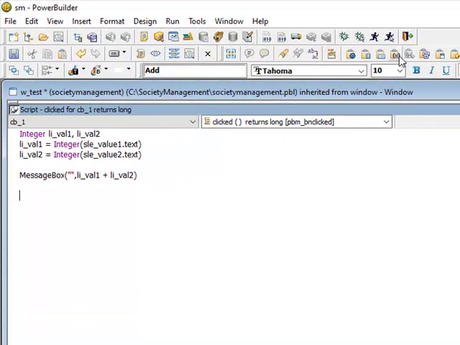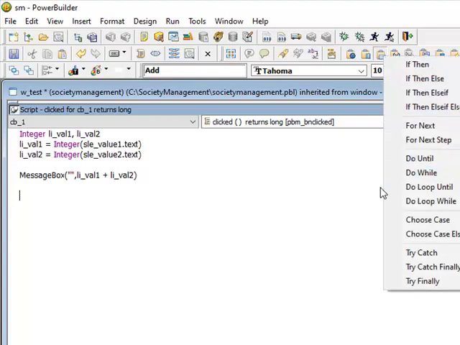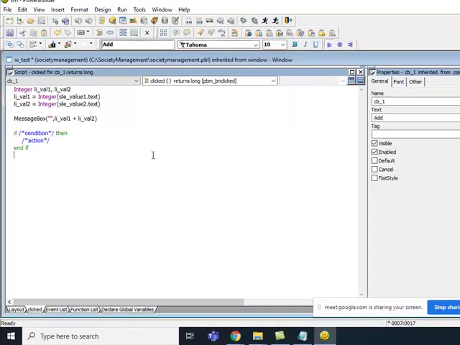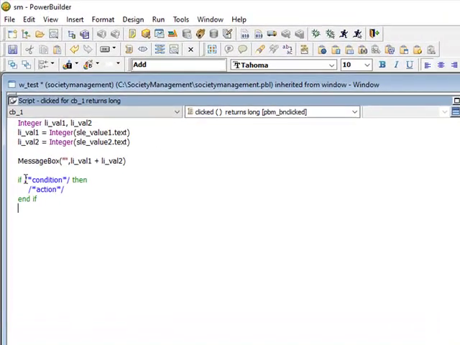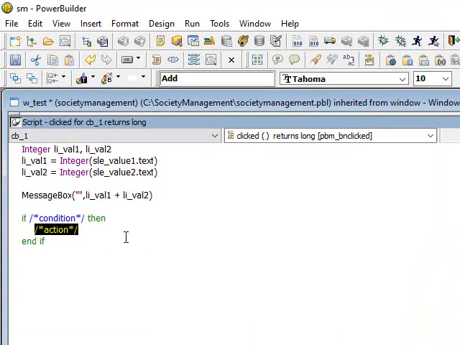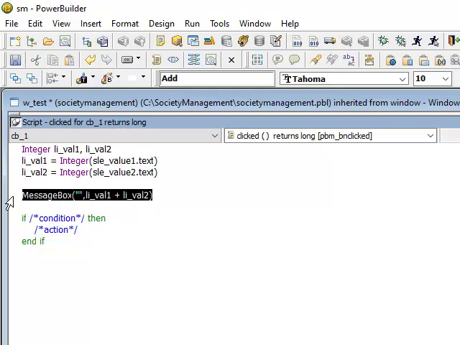You can take the scripts from here as well. If you don't remember, paste the statement. Okay, if then. So you can see the condition and action. Suppose these are the marks, 50 marks, right? Or the sum of these values is 50.